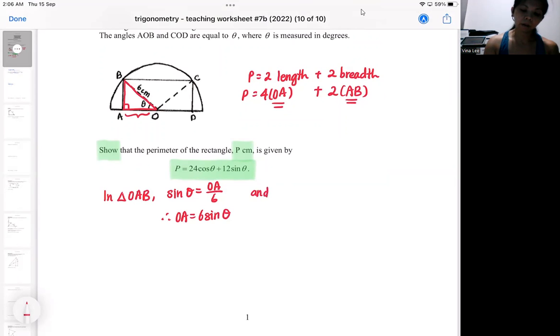And if my constant is AB, then that will be a cosine theta. Then I will cross multiply. So once I get the ratio,